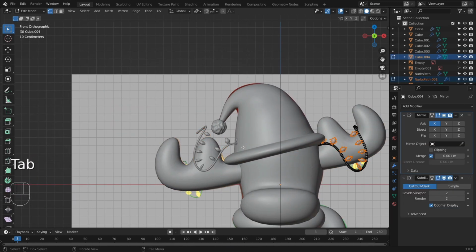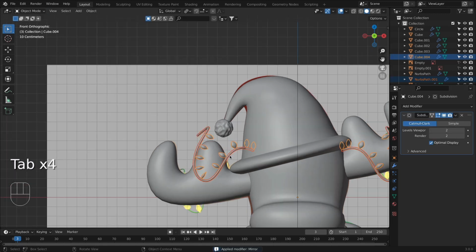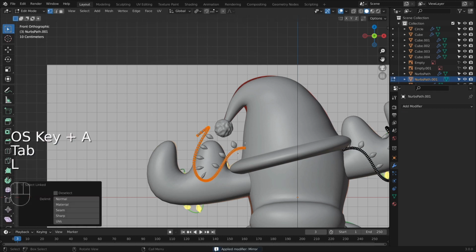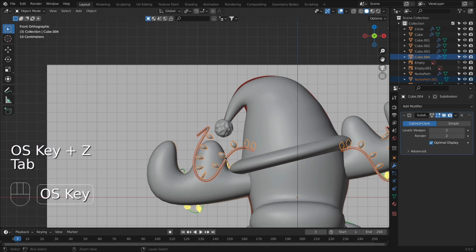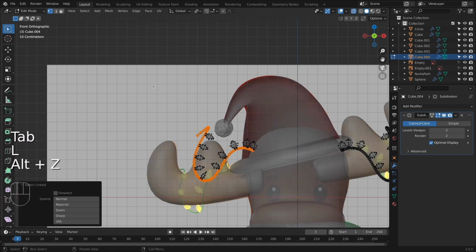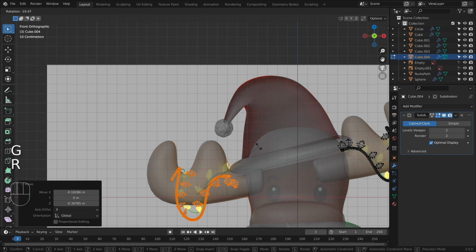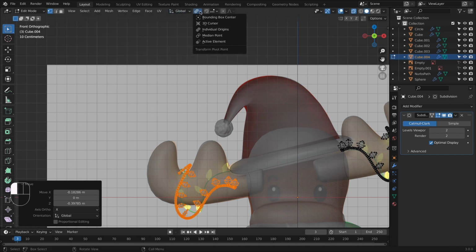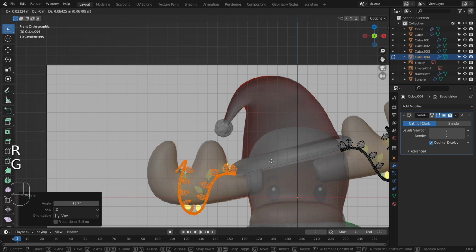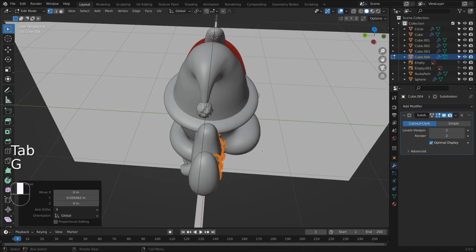So now I am just going to go into the edit mode. But first of all, we need to apply the mirror modifier. Now that we did, we can go into the edit mode. Let's select these two, Control J, connect them together. Then I'm just going to go into the X-ray mode, select those vertices, rotate them, but without the individual origins, we need one origin, so the median point. Now I'm going to just set it here and grab it inside of the